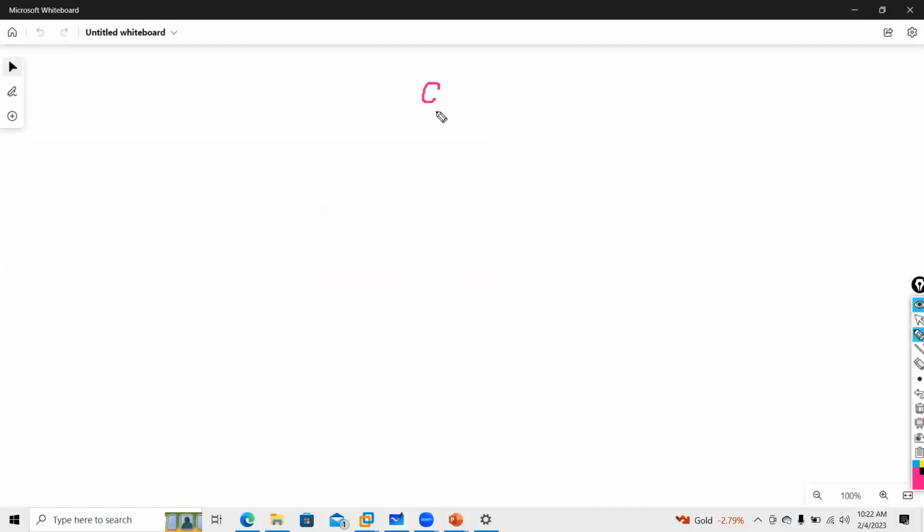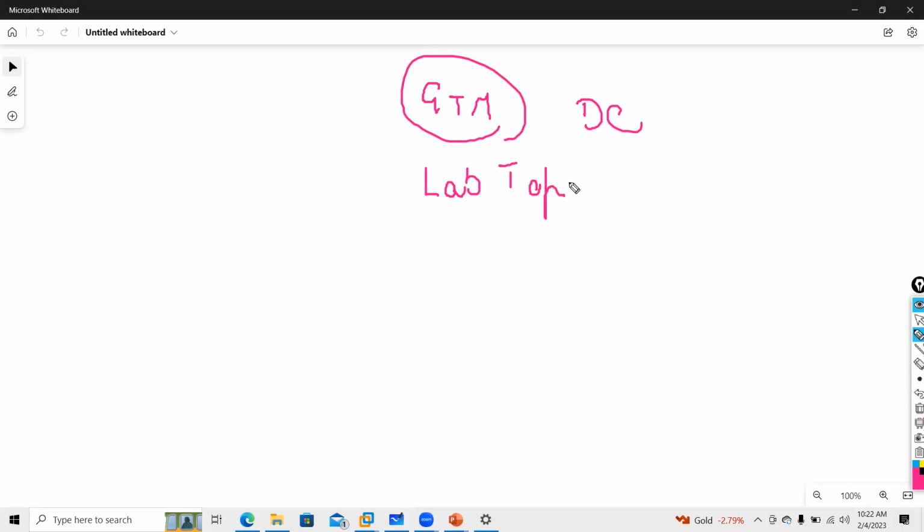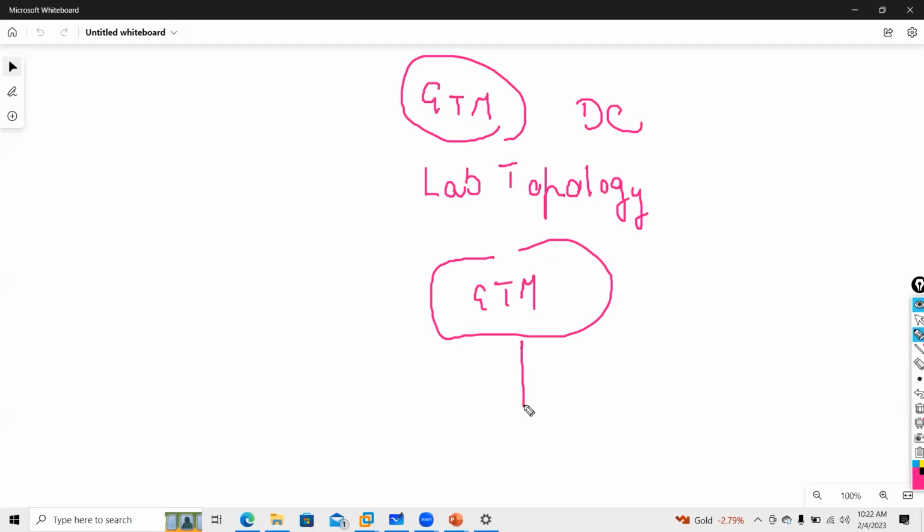So when we talk about GTM, guys, we talk about data centers. In the lab topology, we will have one GTM box. Then let's say this is the cloud internet.